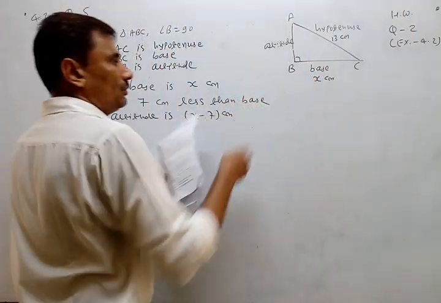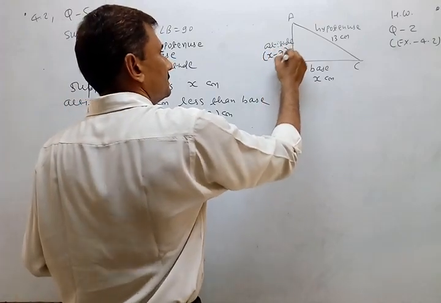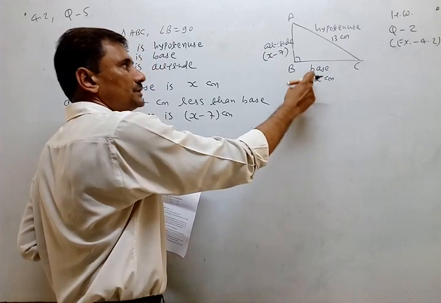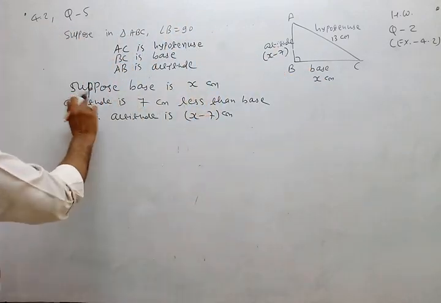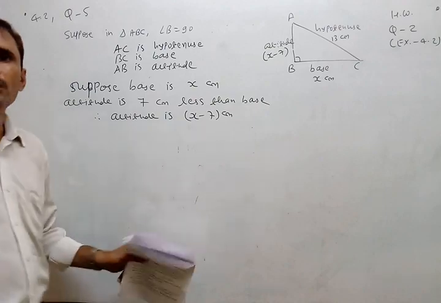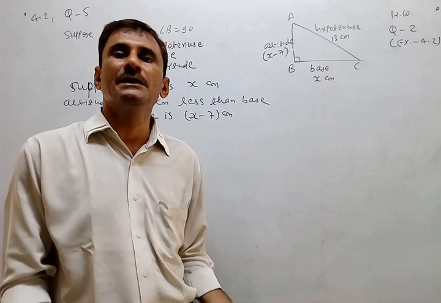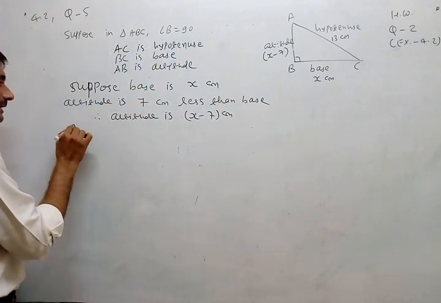Because known or unknown, we have all three measurements and you should write them here also. One is given, one is supposed, and from the supposition we got another one using one data. Now, no need of the second data. In a right angle triangle, Pythagoras formula is always applicable. So write down, by Pythagoras formula.